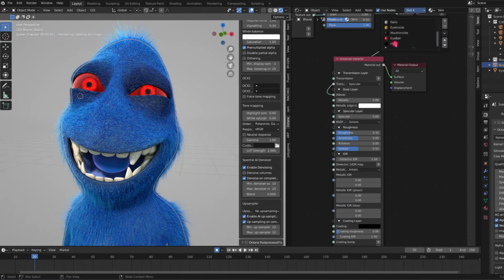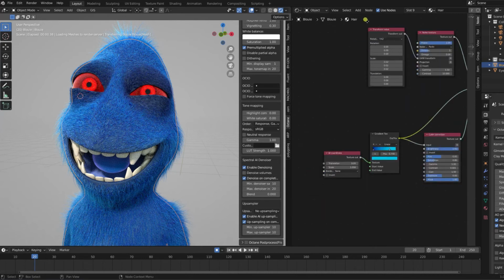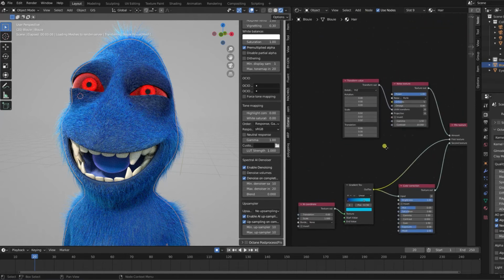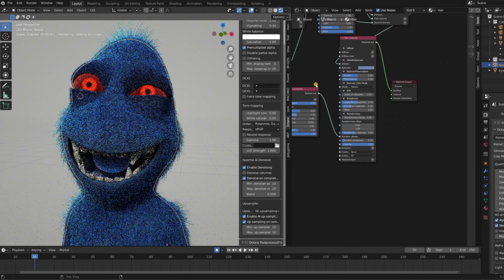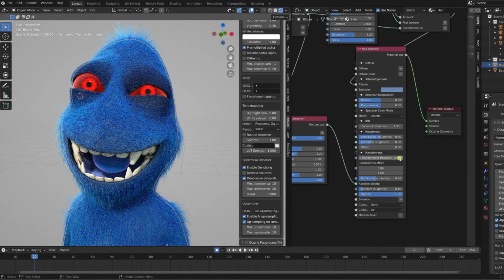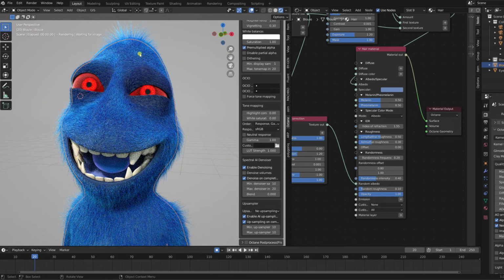Oh, and one thing I forgot to mention, we have two kinds of variation for the fur. The one variation that we have is of course the noise texture that we applied here, and the other one is within the hair material, because there we have the random frequency, and if I lower this to a setting like 0.2, you will see that there are bigger areas that are different now,